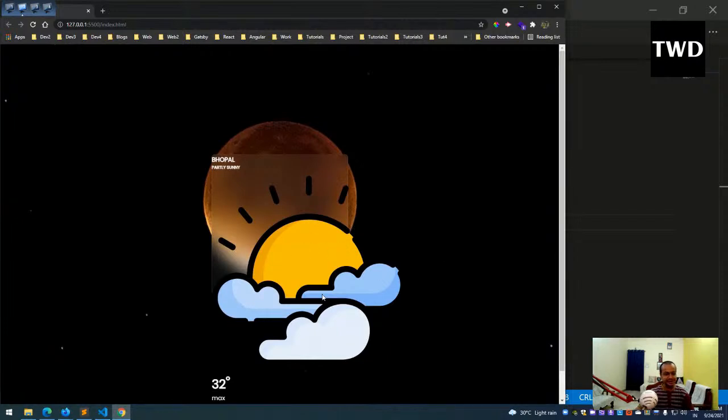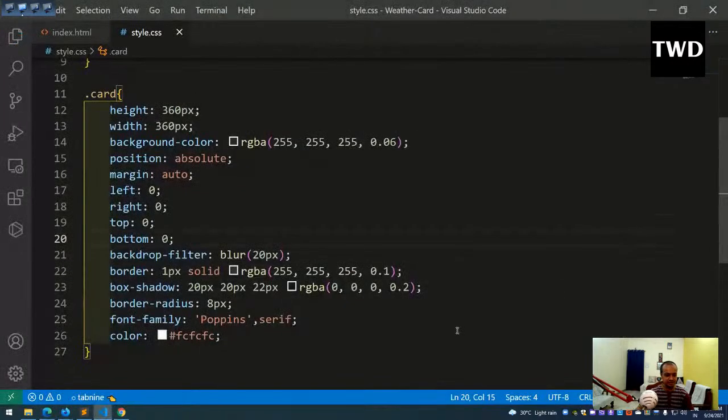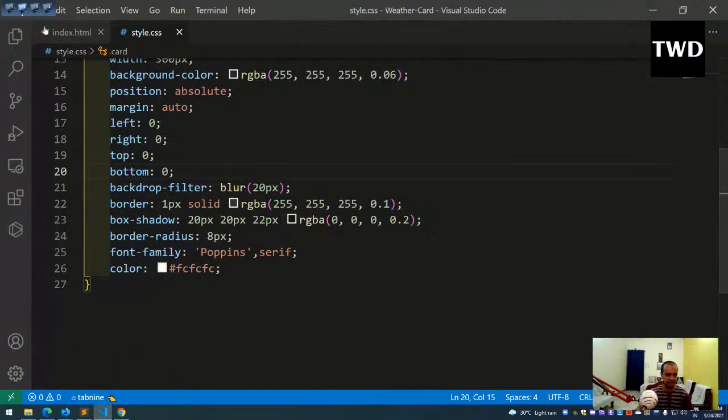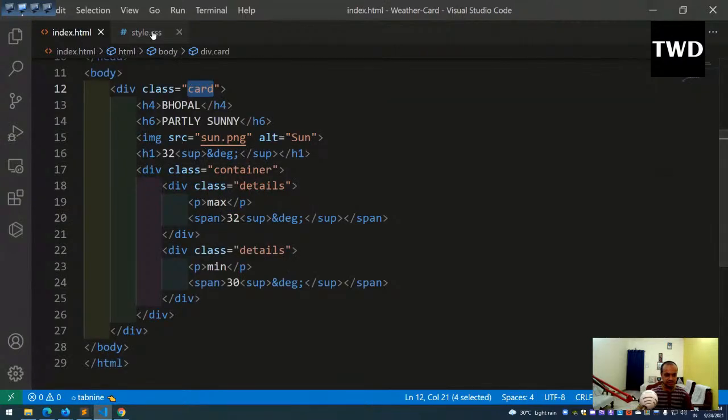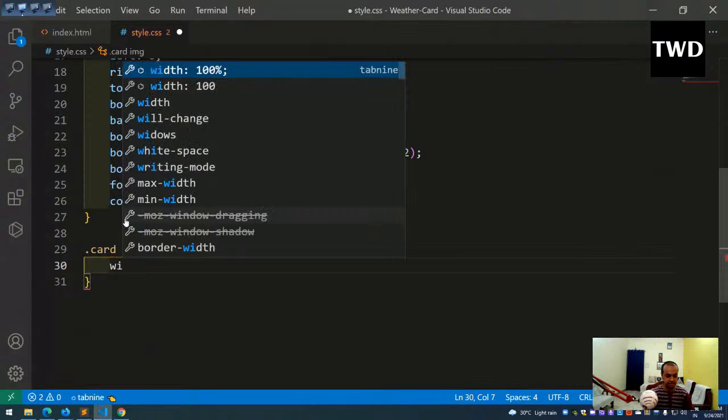But this image is quite huge. So see, this image is very small, so we have to minimize the image, so we have to make it small. So this image is there, this one we are choosing, dot card img I am going to choose, and width is